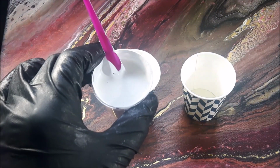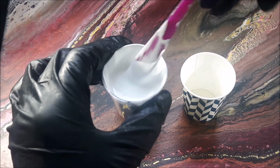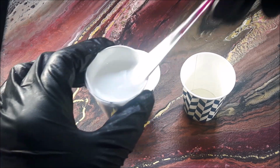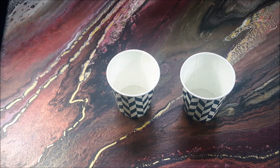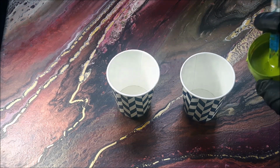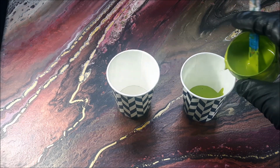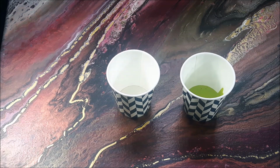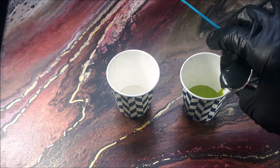So let's go ahead and layer the cups. And I have a mixture here, I forgot to mention, of metallic white, Artist Loft Soft Body, and 2 parts Floetrol. So I'm going to layer the cups different. So starting off with this one, this green, and I want this super vibrant, and I want to see that iridescence on top there,